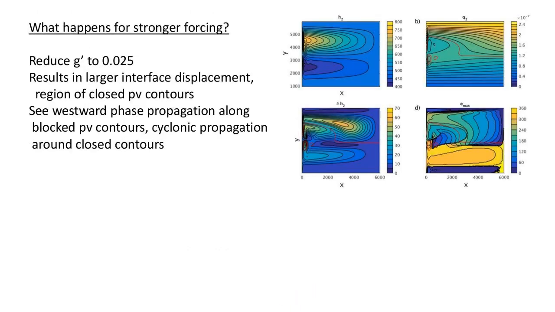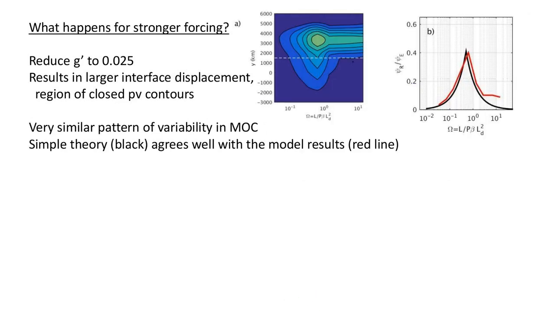So if I force things more strongly, this is now the interface displacement. I can get a region of closed PV contours. You can track the phase propagation of these features. They know about this bending of the PV contours. I don't have time to go into details on that. But if I do the same analysis, it still agrees quite well. Then